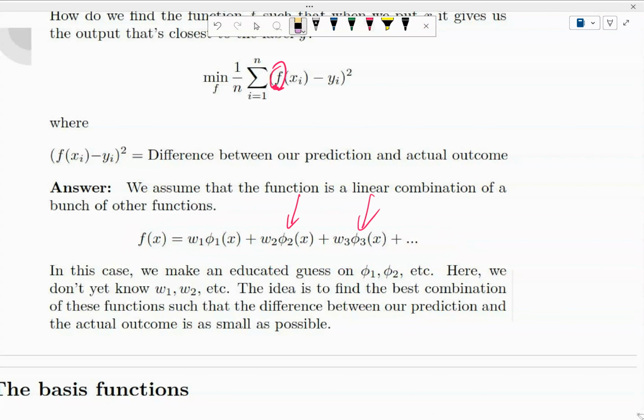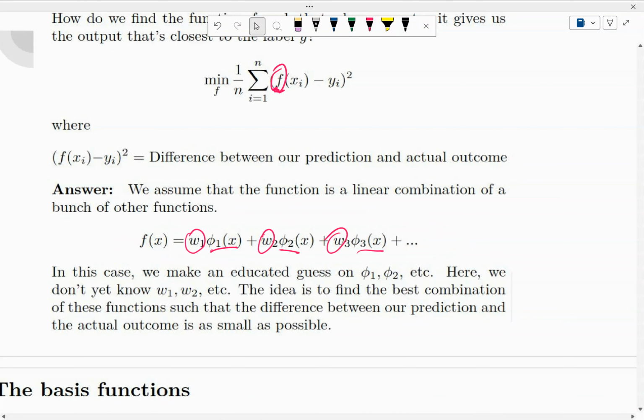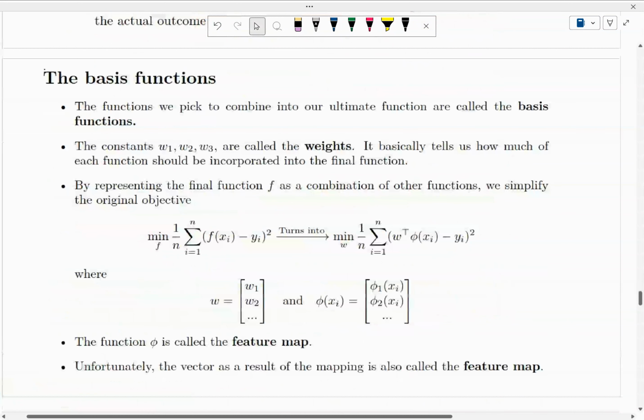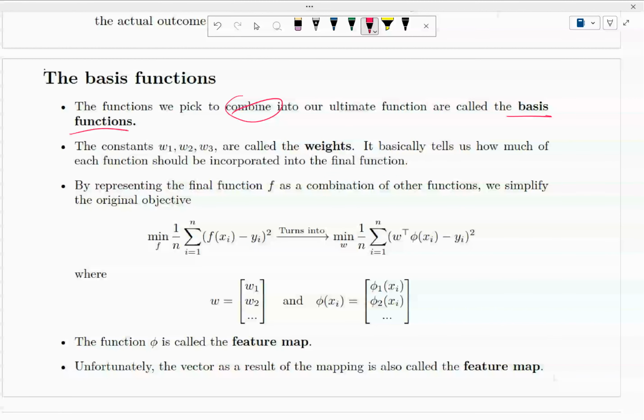So we already assume these functions, so we know them. What we're trying to find is W1, W2, W3. And that drastically simplifies the problem. The functions we pick as a combination,